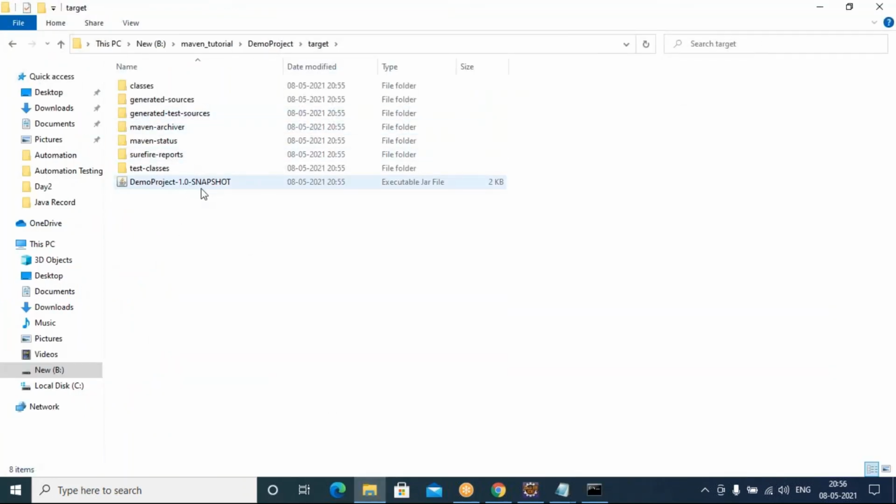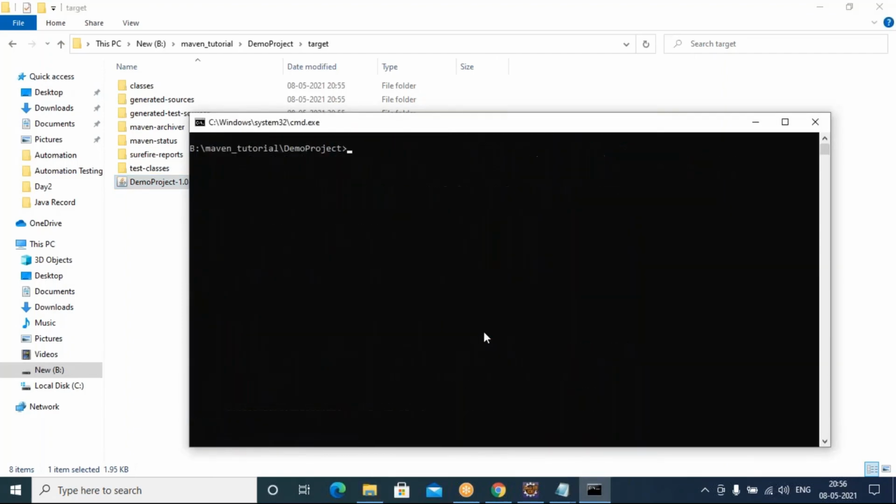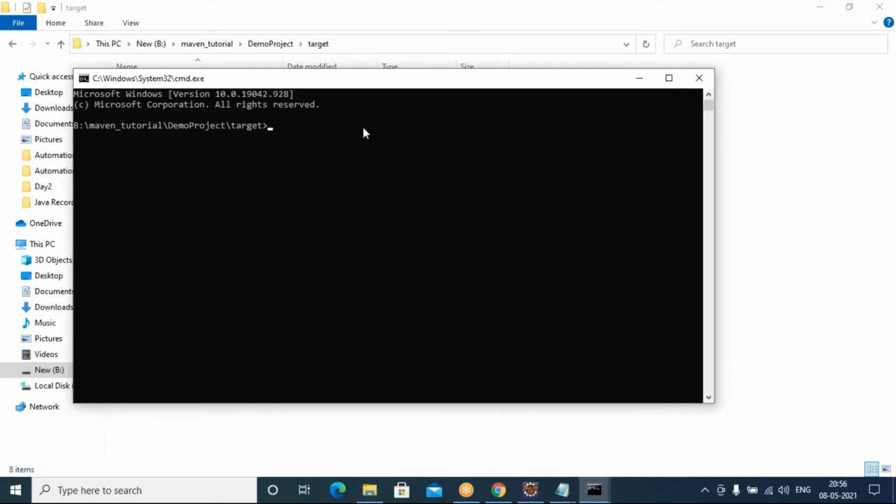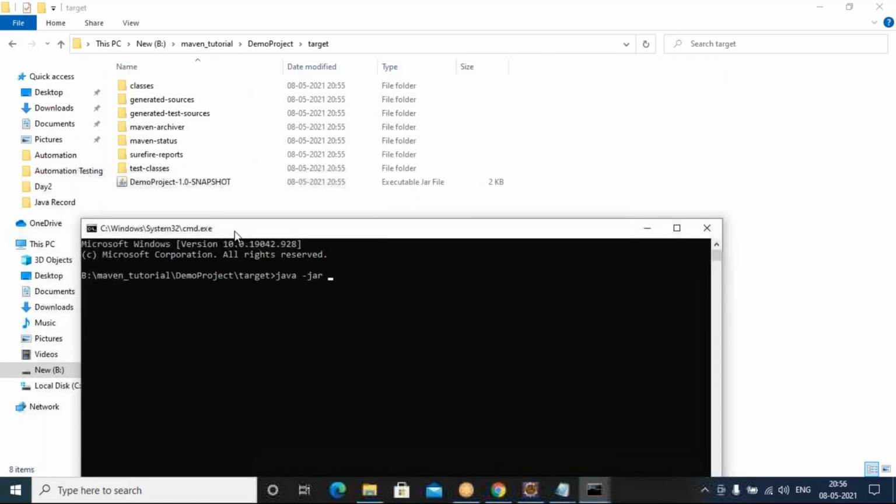You'll be able to see your .jar file here. You can share this file with the client or whomever you want. The client can make use of this file. This is an executable file. You can run the application. I will show you here, I can open one more command prompt and run this using the command java -jar and the name of your jar file.